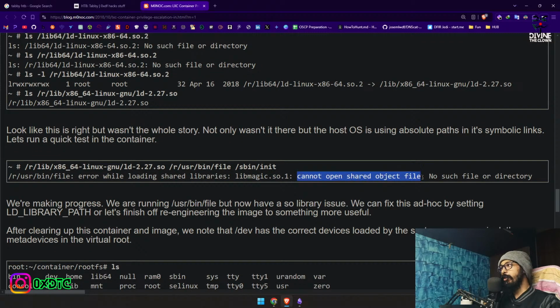Cannot open shared object file. No such file or directory. We are making progress. We are running this file, but now we have a no library issue. We can fix this ad hoc by setting the library path, or let's finish off re-engineering the image to something more